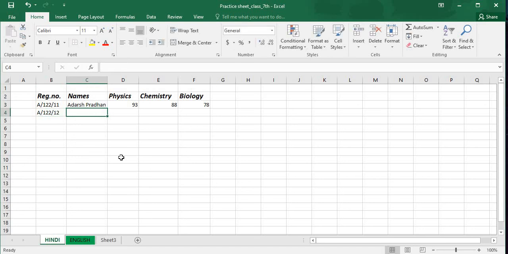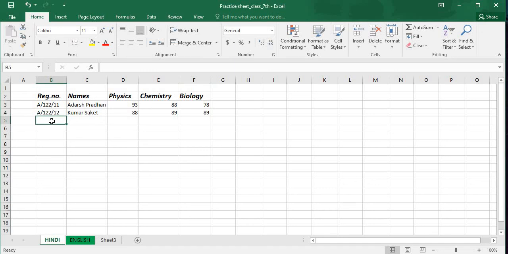Next name, that is Kumar Saket. With the help of the shift key you can press the K, then the letter will be capital, then Kumar Saket. Next 88, then 89, and then again 89 according to your book.